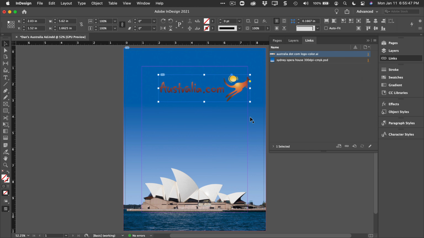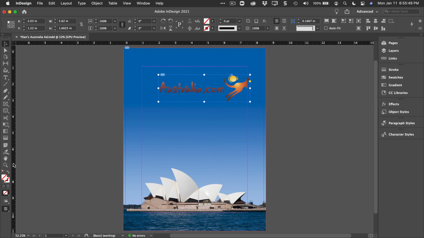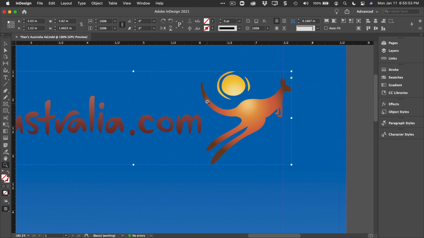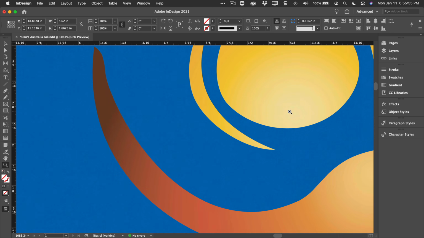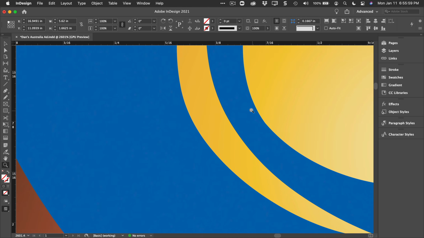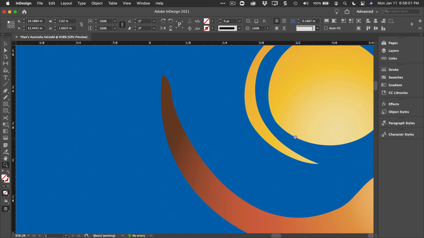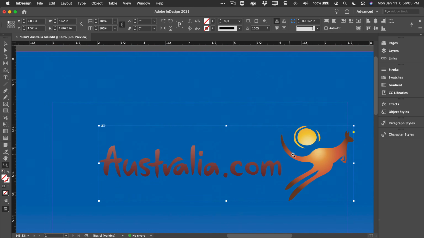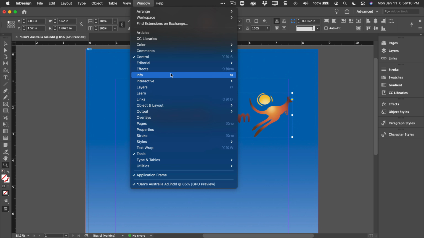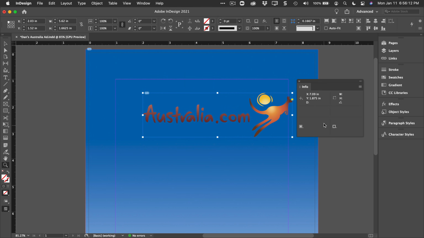Now, because this is an Illustrator file, a vector graphic, vector graphics are different than pixel-based graphics. Vector-based graphics are crisp and clean, and they don't have pixels. So no matter how far I zoom in, I'm never going to see pixels in a vector graphic. So I don't need to worry about resolution with a vector graphic. In fact, if I look in my info panel that I looked at earlier, there will be no resolution on a vector-based graphic. If I choose my pixel-based graphic,